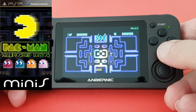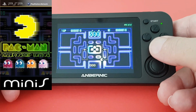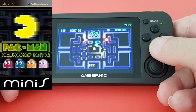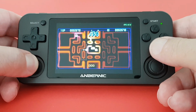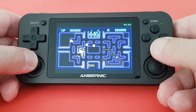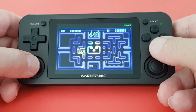Now this is one I'd not played. This was a PSP Mini, Pac-Man Championship Edition. And boy oh boy, I mean this was really good. This is Pac-Man to the extreme. And I used to love a bit of Pac-Man back in the day. Could get up to the key levels, which was, I don't know, level 20, something like that. I used to, on a Saturday, go to the arcade, and one of the chaps I used to play 2 players with,